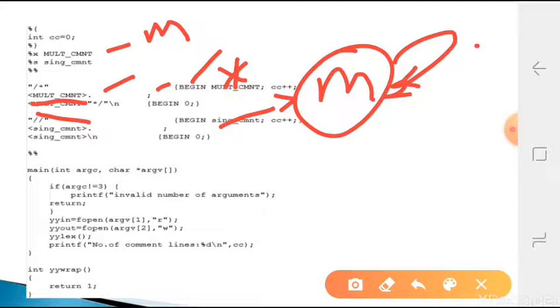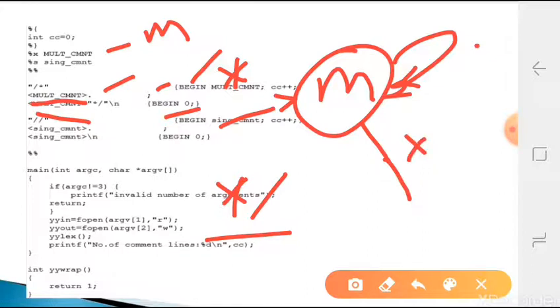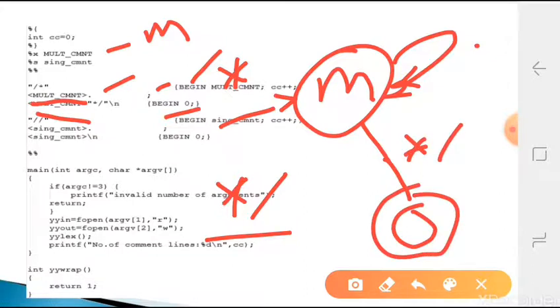Then if star slash occurs, jump to the begin state, that is BEGIN 0. The begin 0 state is nothing but our entire program's starting state. Go to there.